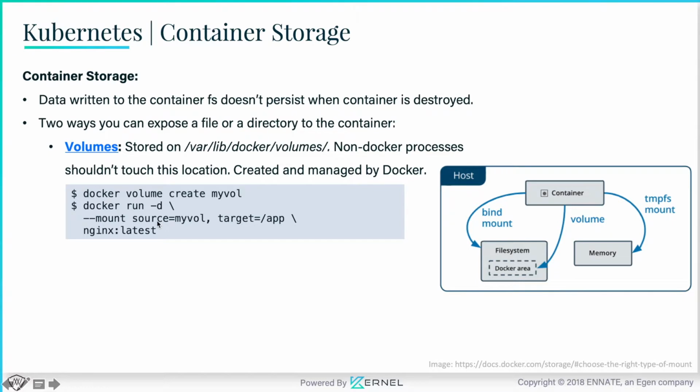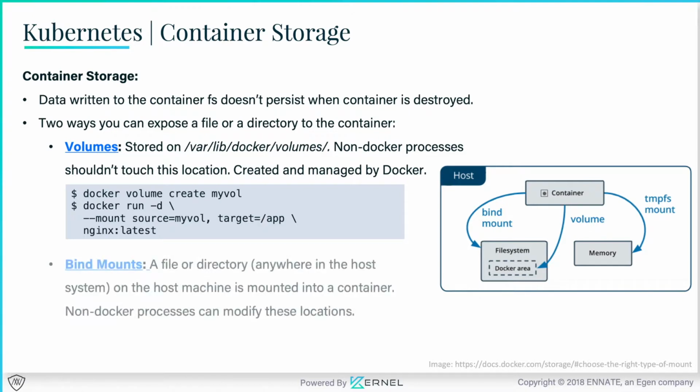You say what the source is, in this case the name of the volume, and what the path inside the container is that you want to map to this particular volume. Think of when you plug in a USB drive: your system detects that a USB hard drive has been added and mounts it on a specific drive location, on your Mac or Windows machine. Something similar we are trying to do here as well. Think of it as external storage to the container, and then you are mounting it within a specific path within the container,